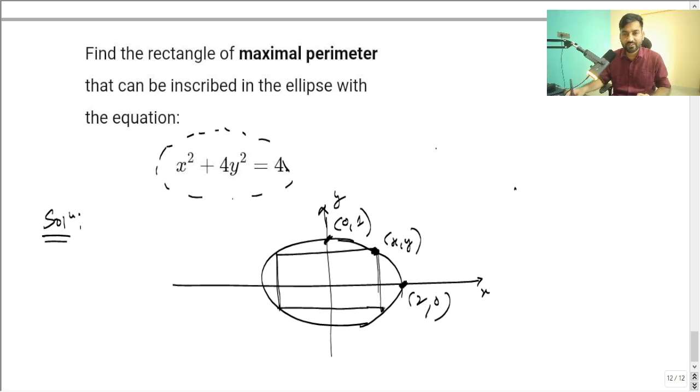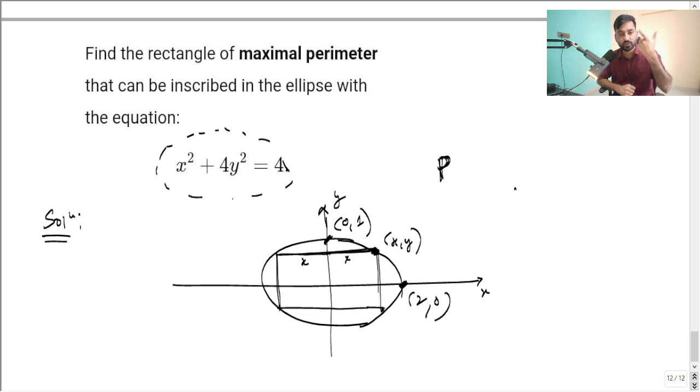So the equation that you are going to get, P stands for perimeter. What is perimeter in general? Perimeter is nothing but the sum of all lengths of the rectangle, the vertical and the horizontal. So from this point to this point the distance is x, from here to here this is x, so this is also going to be x. So the total length of the horizontal edge of the rectangle is 2x,